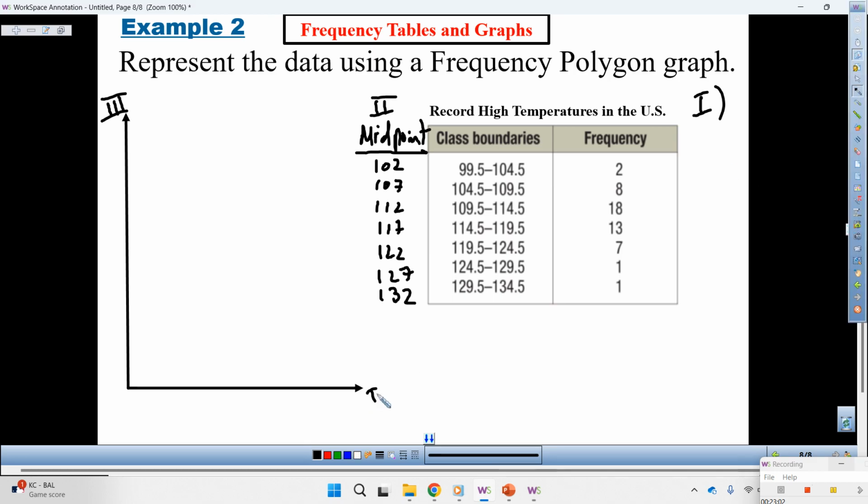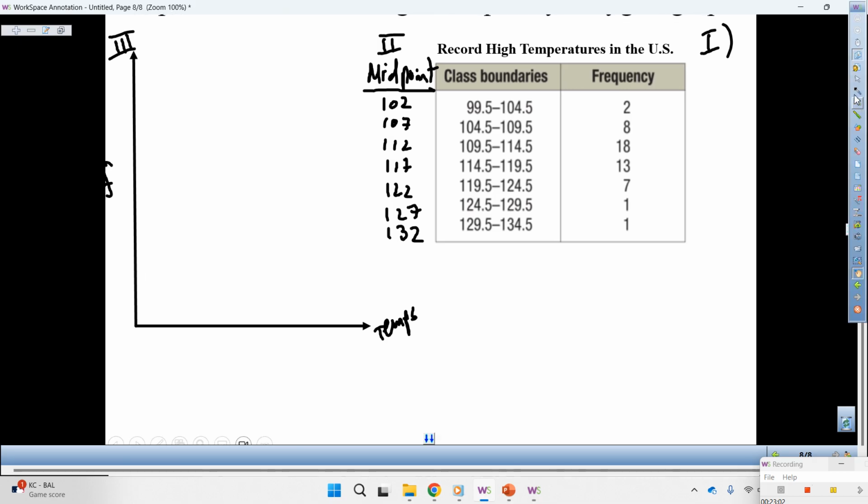Again, this is going to be our temps. This is going to be our frequency. And you guys said we need to scale it by 2s, yes? So we do 2, 4, 6, 8, 10, 12, 14, 16, 18. And then the wiggles right here, since there's no data before 99.5,